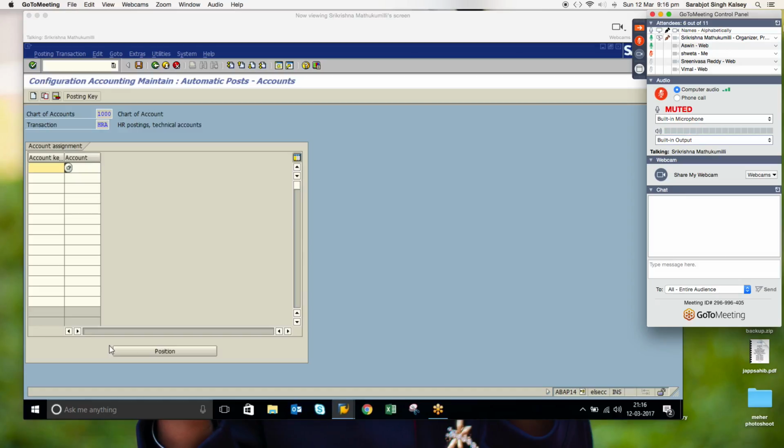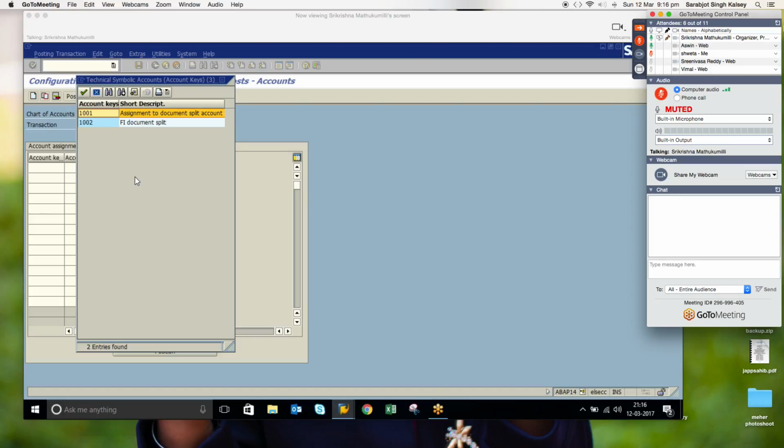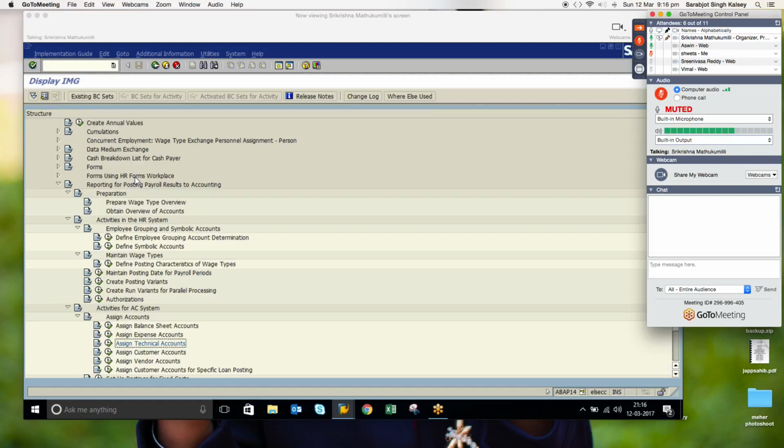I think even this technical GL will be provided by the finance team, where the adjustment amounts or any of the difference amounts will be stored, whenever there is a split account. So again, you can check with your finance team what I have to assign over here. I don't think there is a big configuration apart from that for